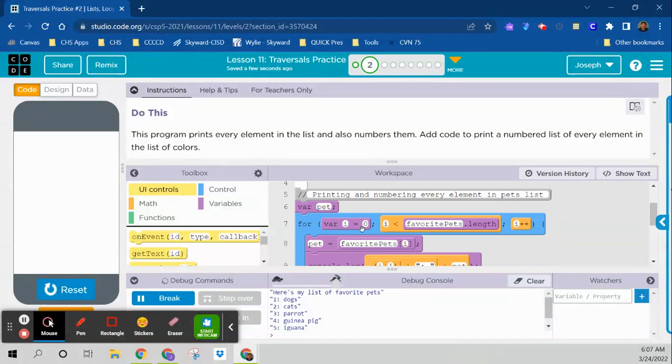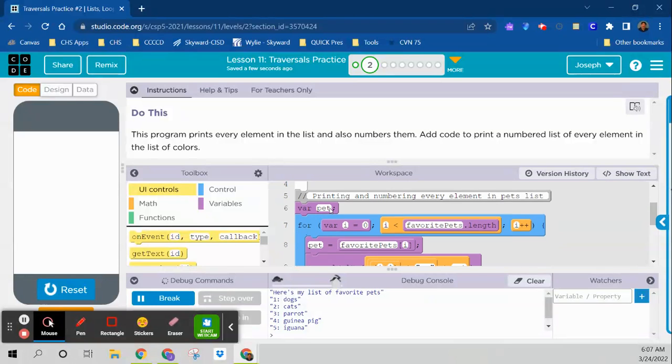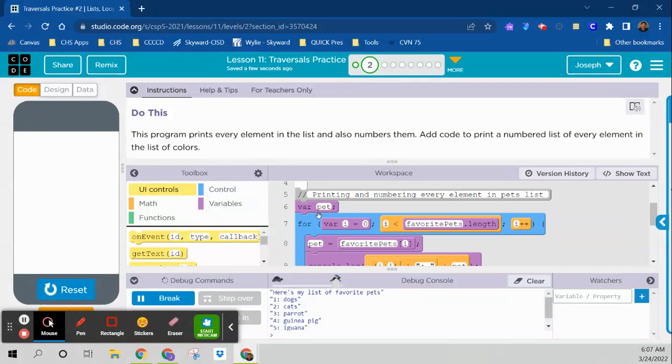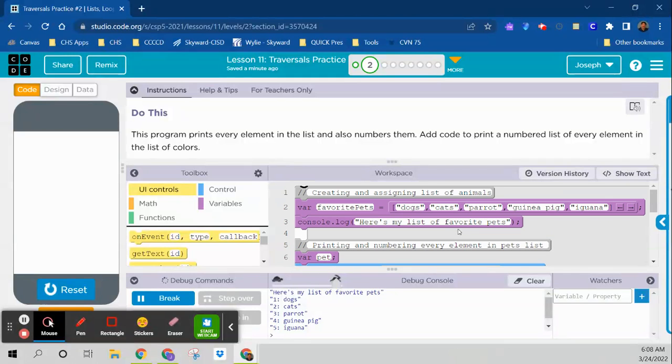So they created another variable called pet. Remember, the original variable is called favorite pets. So these are two different variables. Make sure you understand that piece. Then they created a for loop. So it says for var i equals 0. That gives you a variable i getting the value of 0. Here, i is less than favorite pets length, which means the computer's coming up here